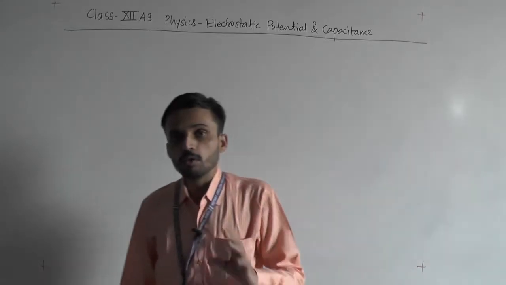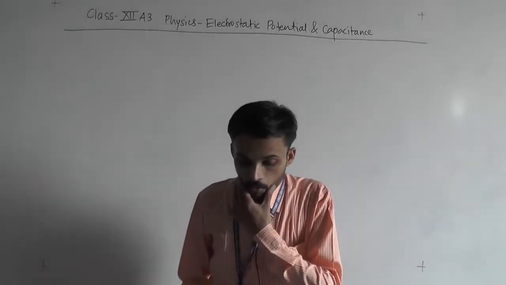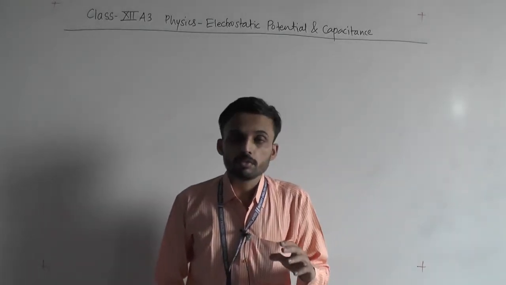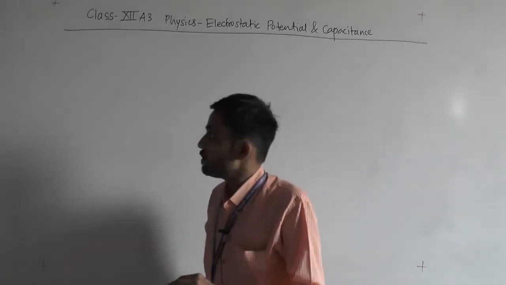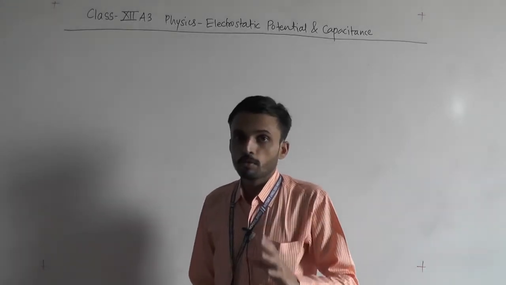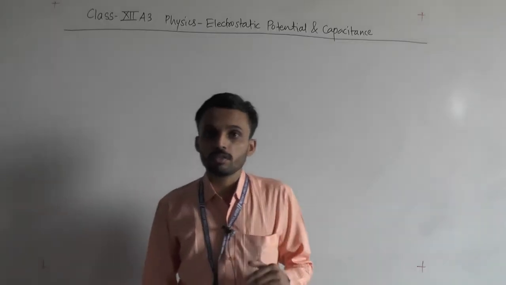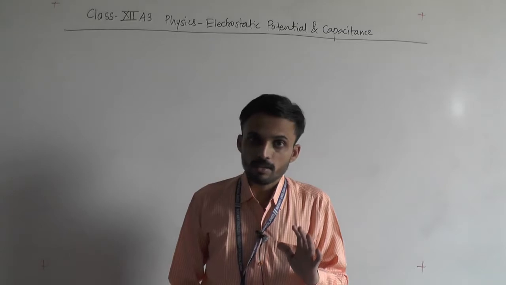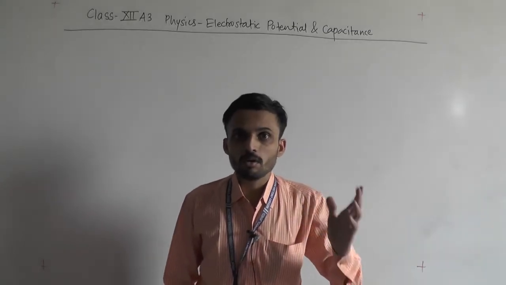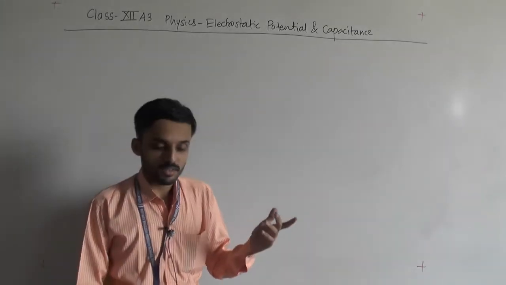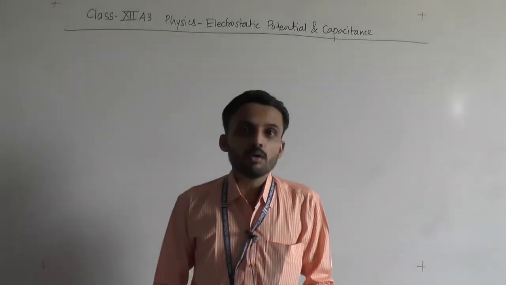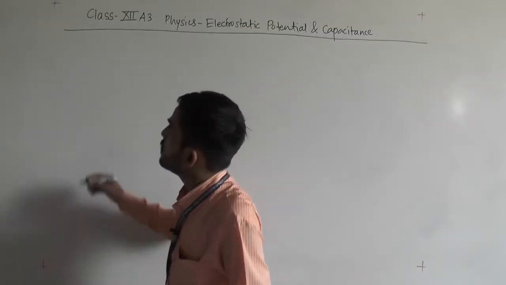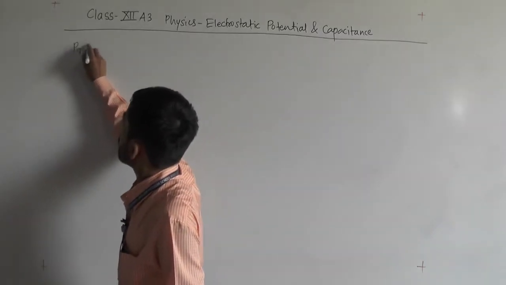So first let us take the overview of what we have learned yesterday. Yesterday we have seen about the potential and potential energy. First for the dipole, potential at any point due to the dipole. That formula we got: 1 by 4 pi epsilon naught, p cos theta upon r square minus a square cos square theta. Is that clear? And from that we have got the idea for potential at different points. I hope it is clear to you, and today we will be starting the solving of problems.